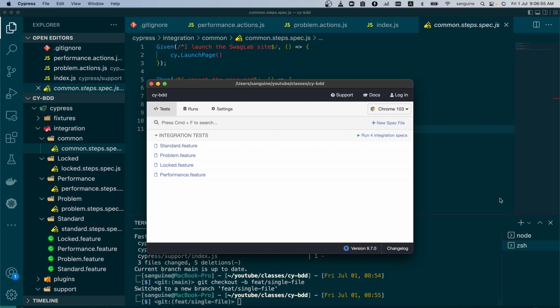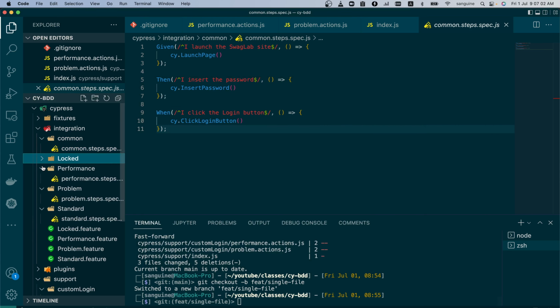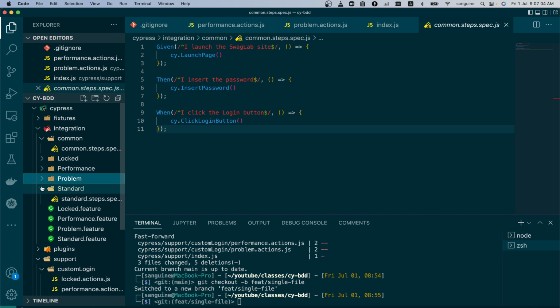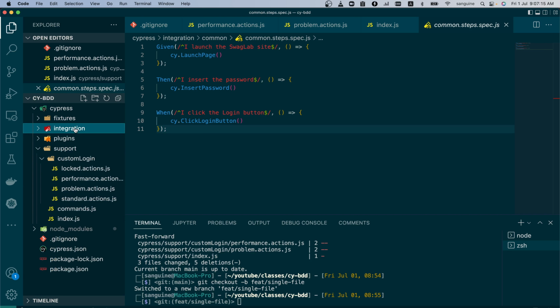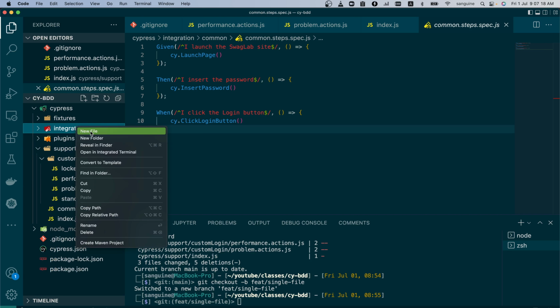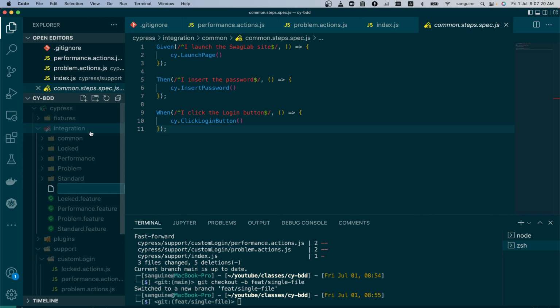feature. So what we essentially need to do is delete the logged folder, the performance, the problem, the standard, and all these feature files, and we have just one single feature file. But all the steps have already been written here. So what we just need to do is create one more file, and call that maybe swag labs dot feature. All right,